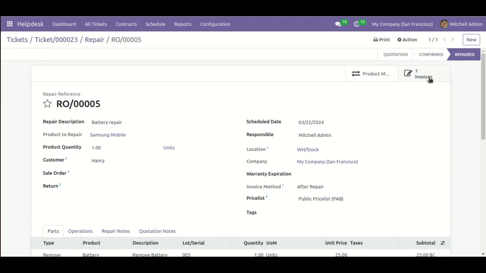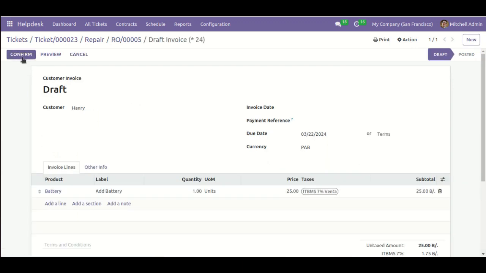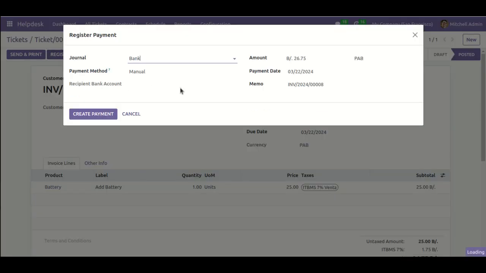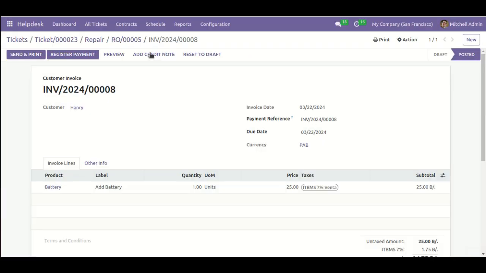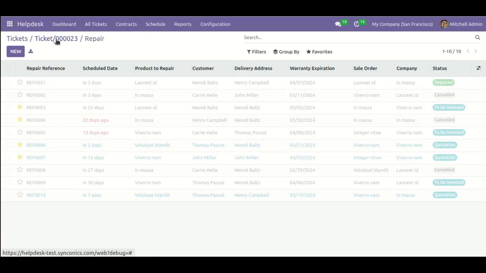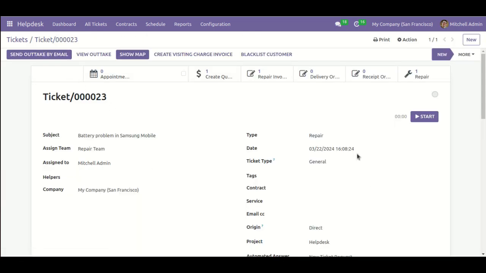And you will also be able to generate the invoice. Let's confirm that, and afterwards you will also be able to define register payment, create a payment, and you will be able to do that for the invoice as well. So you will be able to see that in our system, for this particular helpdesk ticket, whatever operations